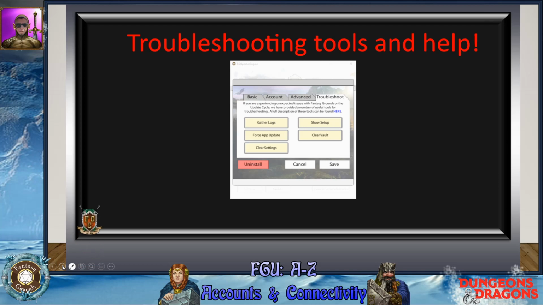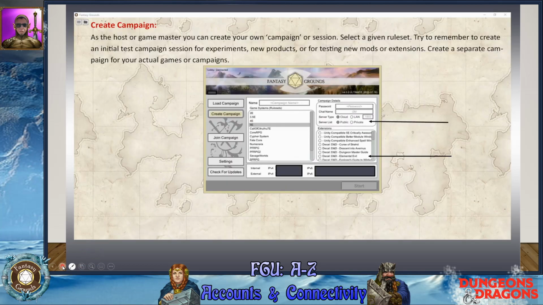Do people get as many problems with connecting as a LAN connection rather than a cloud connection, or are they? It's kind of equal, and usually what it ends up being is on the player side, or maybe the game master is hosting with a wireless connection or something like that. We will do a show on that separately on how to troubleshoot the connectivity, give people ideas of what to look for, what to avoid. And these will be based off of input from personal experience, from observing others, and from input from our people that are helping in the Ask the Expert section.